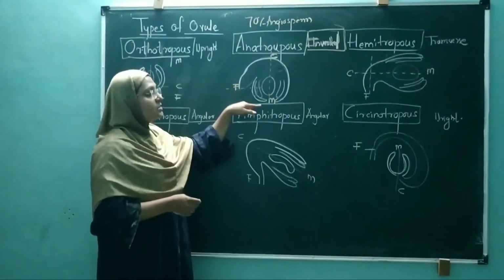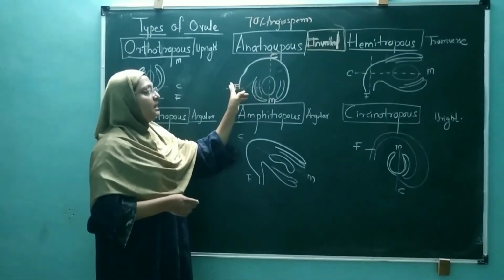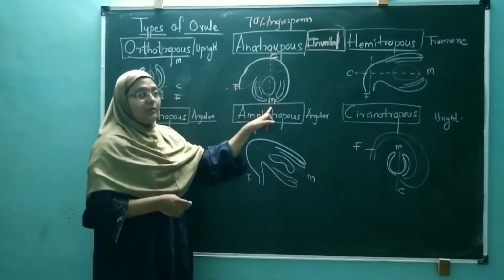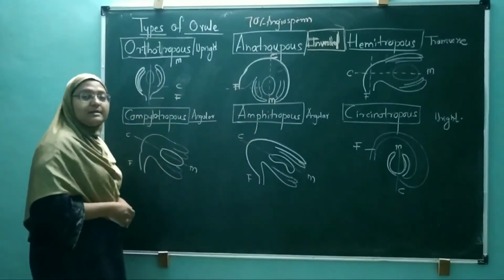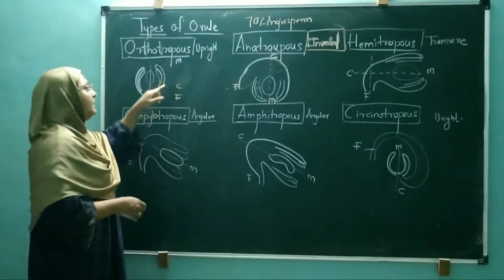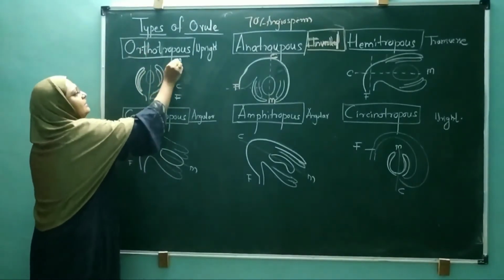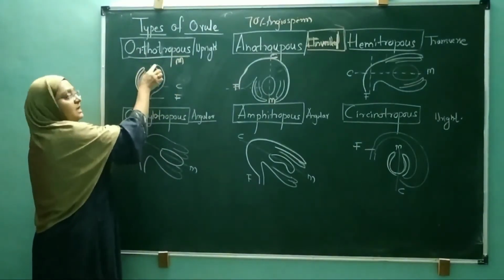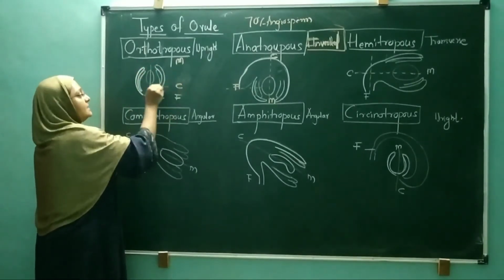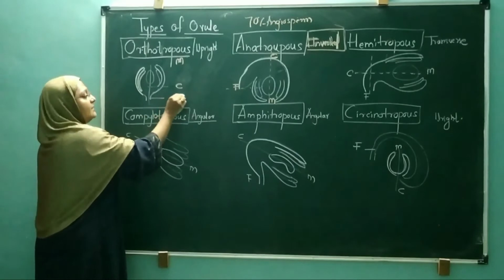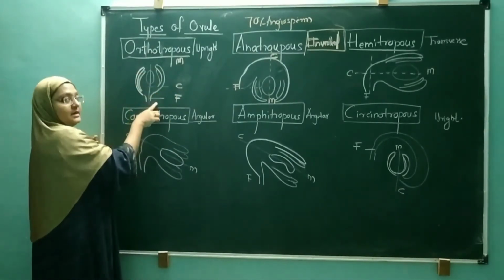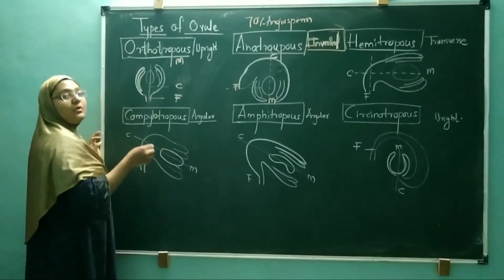The micropyle is opposite, towards the funiculus. The chalaza and micropylar end are in one line. But sometimes what happens? The chalaza, funiculus and the micropylar end are in the same line. This is the micropylar end, where the integuments do not join. This is the chalazal end, this is the chalaza, and this one is called the funiculus, the stalk. These three are seen in one line. That is called the orthotropous ovule.